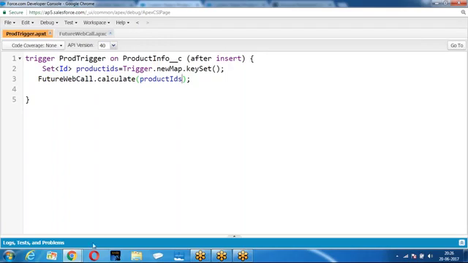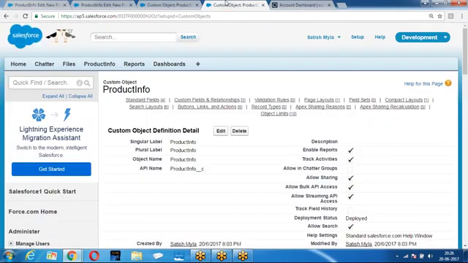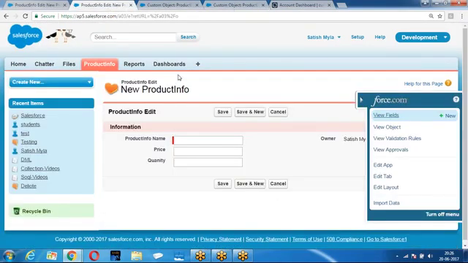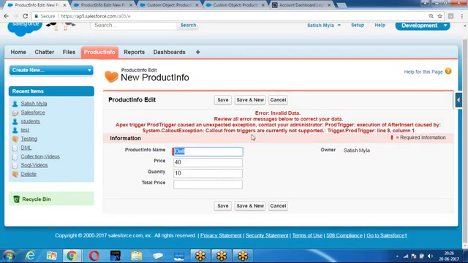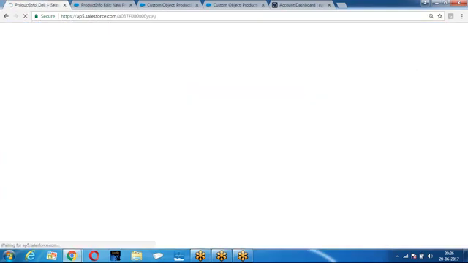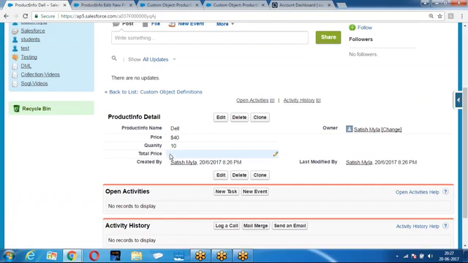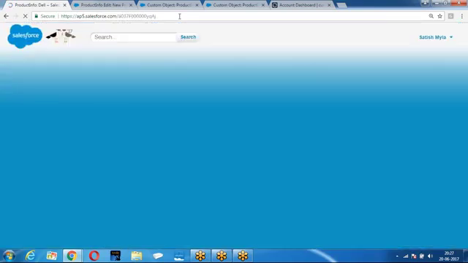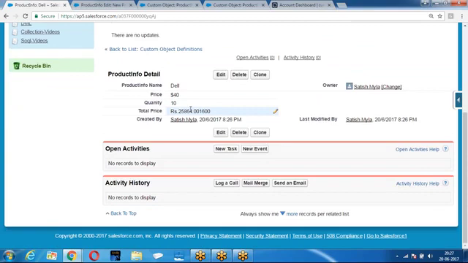Right. Now go back to the record. Previously, one record had thrown an error message, right? This is the error message. Now save it. Now, total price is not calculated. Why? Trigger completed. Future is running separately. Trigger record is already saved. Future is running separately because this is asynchronous. Now, when the future is completed, we get it.